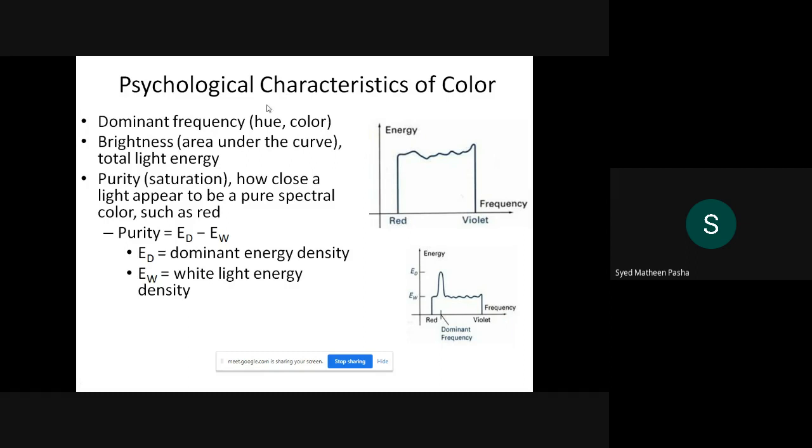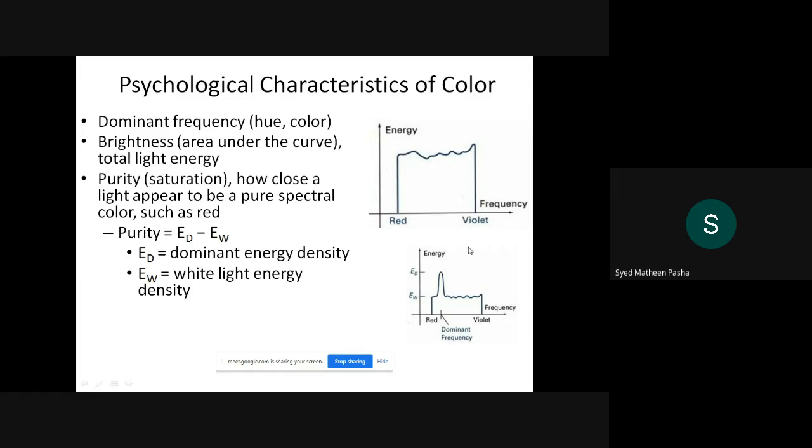Then purity: how purity is defined, how close a light appears to be pure, that is nothing but spectral color such as red. This is the range which is being represented, that is red as well as violet, which consists of some frequencies with respect to which the light energy is falling on that particular object.